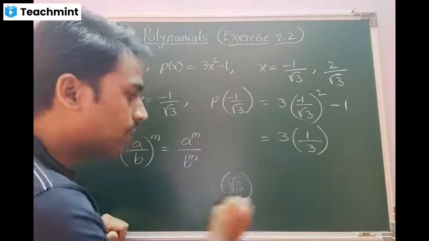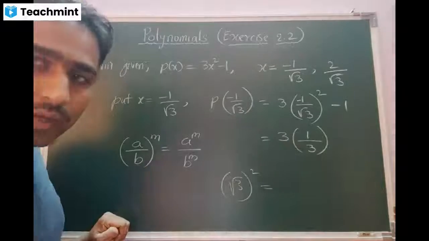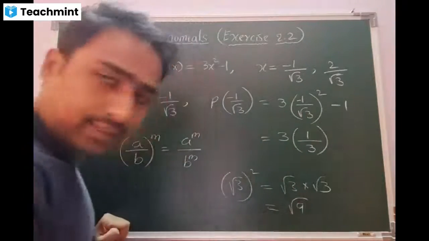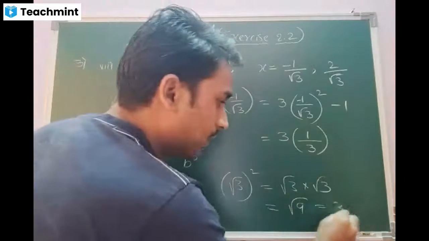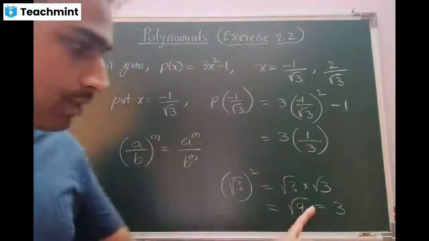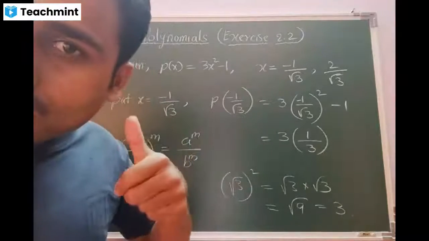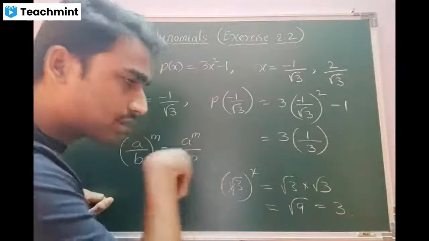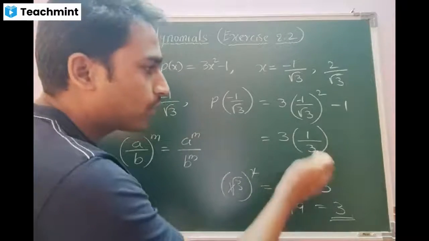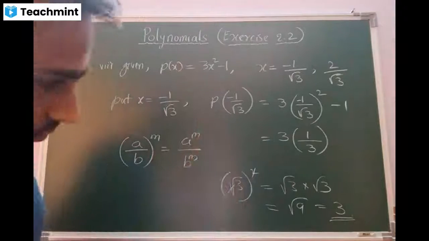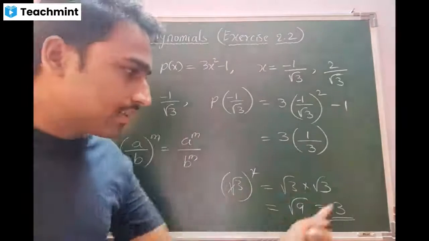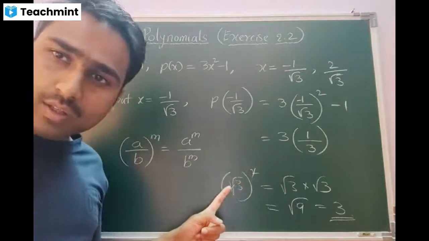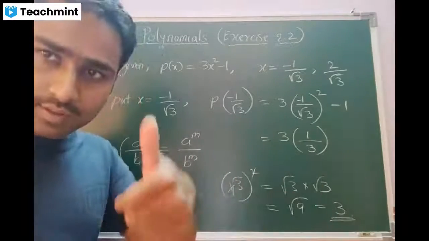What is the square of root 3, beta? Look at this. Root 3 the square. Actually, it is root 3 into root 3. If you solve it, it is root of 9. Finally, the root of 9 is 3. Correct, beta? It is a perfect square. So in short, what to do is this square root will get cancelled with the square. Answer is 3. That is what I'm going to write directly. Actually, this is the detailed information, but simply we can write this square with this root getting cancelled. 3 will be the final answer. Is that clear, beta?